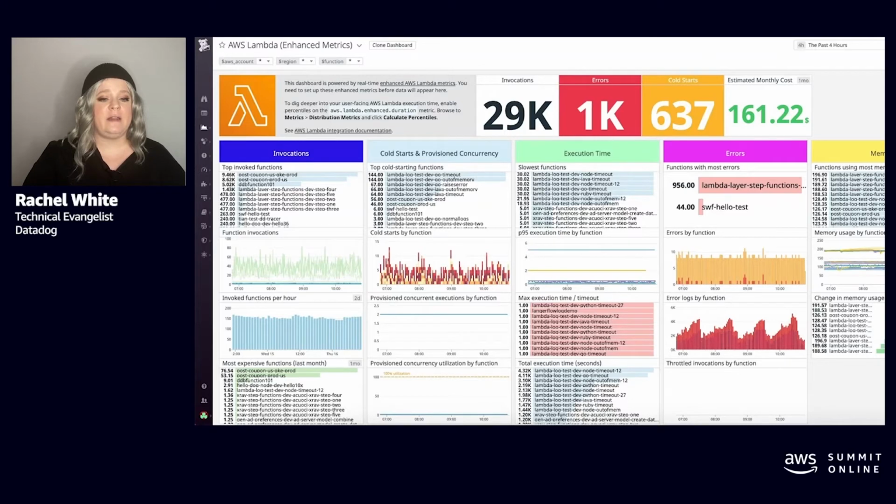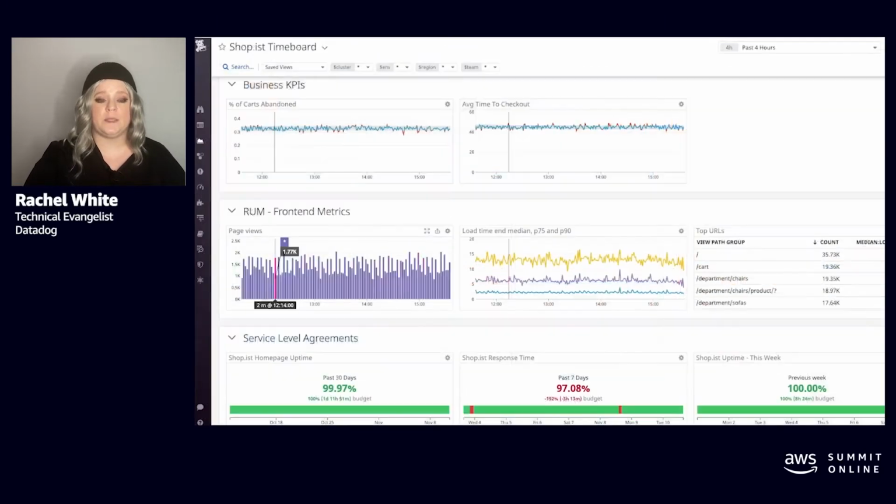In addition to that, let's look at some other items. Errors are an obvious one to check out. Slowest Lambda functions, top invoked functions, and top cold starting functions. Also, you're able to look at the most expensive functions to see what is costing the most to execute within your ecosystem. All of these are things that are going to give you a baseline to dig deeper into some items of what you'd want to optimize.